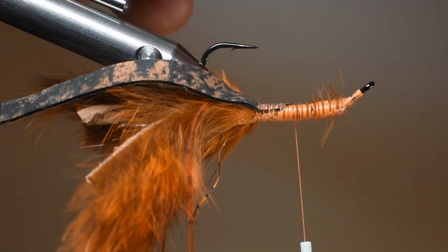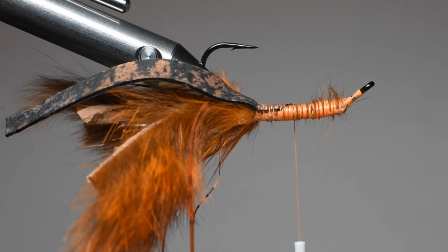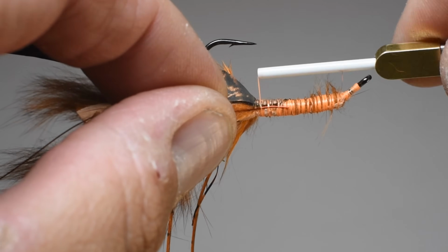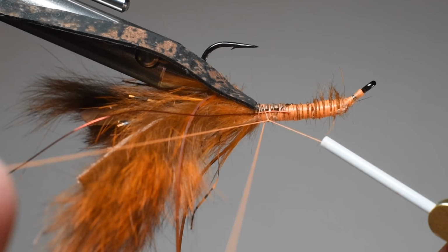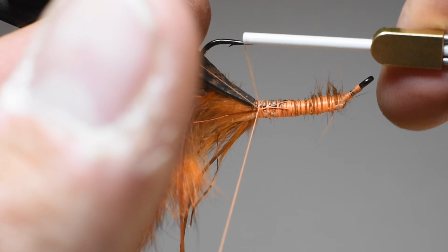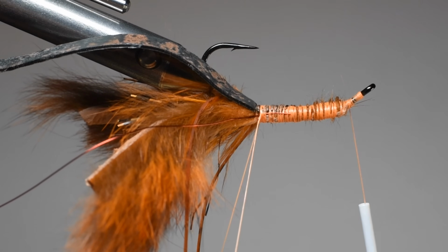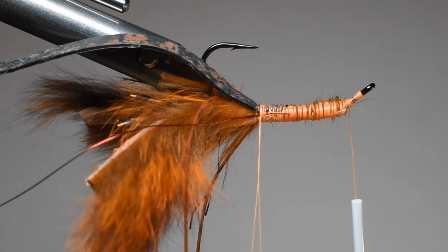We're going to be also tying in some 0.2 millimeter wire. This is red by Semperfli. Really durable stuff. I recommend, they've come out now with a 0.03 millimeter wire, and that just is going to be even stronger. But we're not too concerned with weight on this fly, and you want to make a dubbing loop, and don't do what I just did. I'll kind of clean that up here. And we'll advance our thread up to the bend. I'll put my dubbing loop tool in to hold this in position,